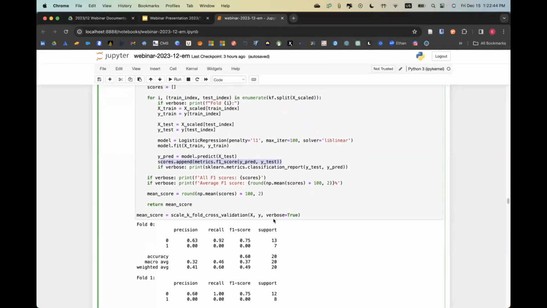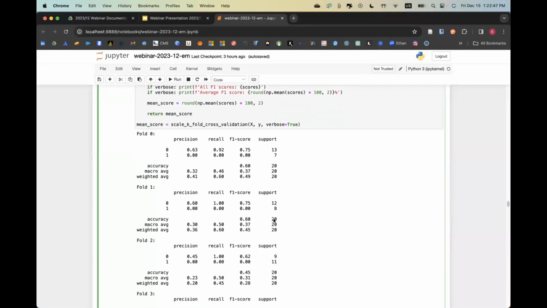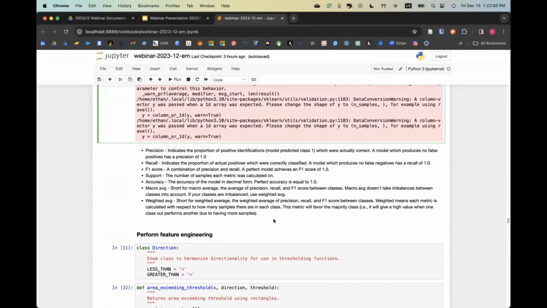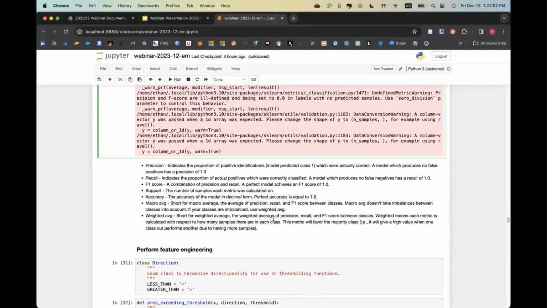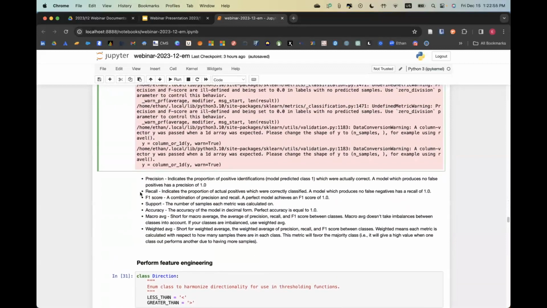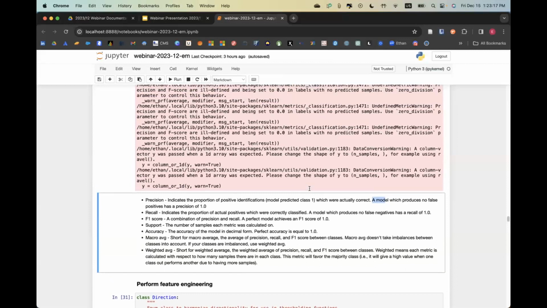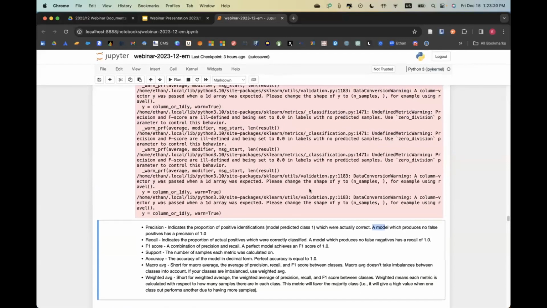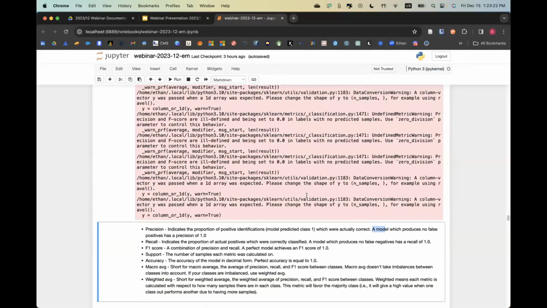And the main score that I'm grabbing is called the F1 metric. So I have a bunch of explanations and definitions of what these are. The F1 score is actually a combination of precision and recall. The higher the precision, the better the model is at not producing false positives. And recall is a measure of how well the model is not predicting false negatives. Usually there's a trade-off between the two, and the F1 score is a reciprocal relationship between precision and recall.